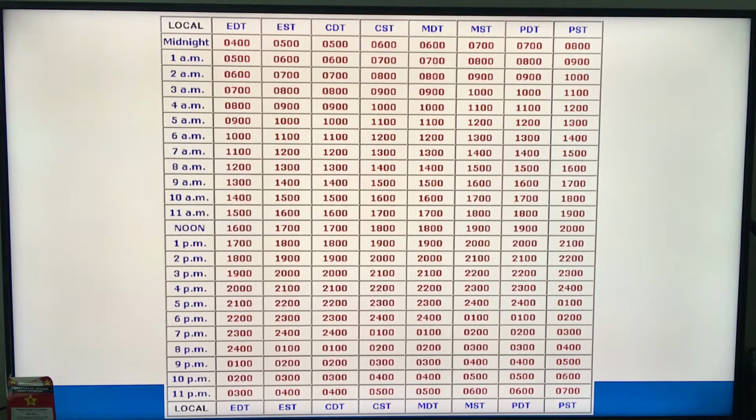This chart is also printable and available underneath this video if it's something you want to print out and tape to the back of your kneeboard or laminate and throw it in your flight bag, because you're going to be asked when you call up the flight service station briefer, what time will you be departing in Zulu? And you can't just go, oh yeah, 10:30 local, and make him do the calculations. Maybe you could, but it's not very professional of you. So you've got to know Zulu time. You got to understand Zulu time. Utilize this chart that's underneath this video, and let's get a handle on Zulu time before we move